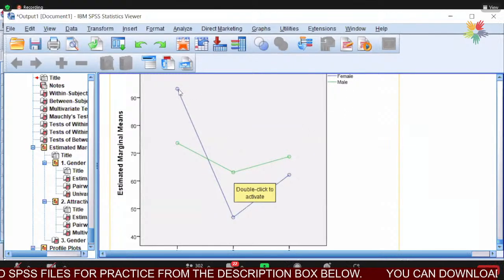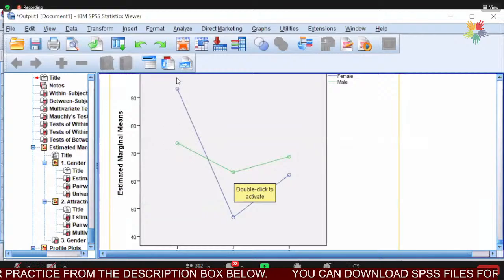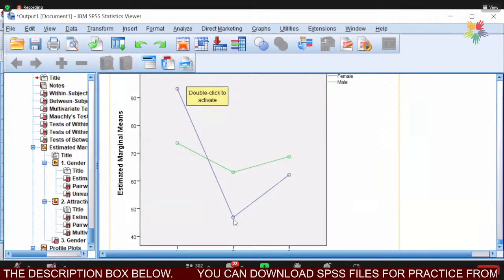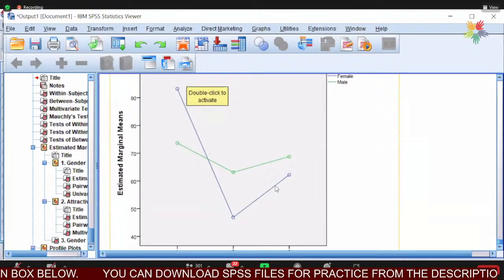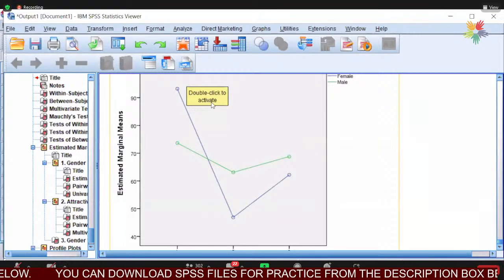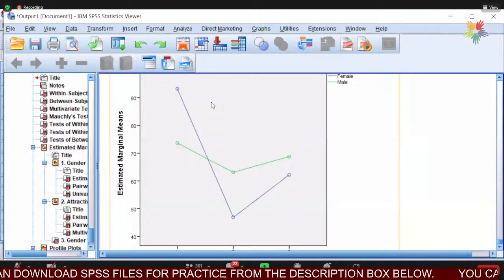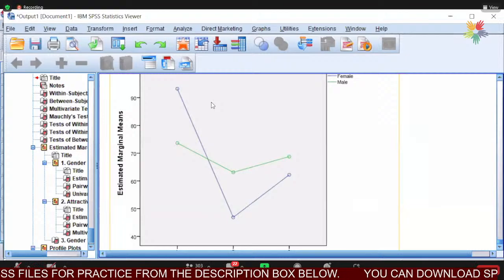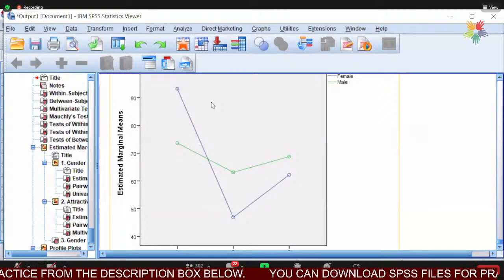But when you look at this one, for this younger car, they have given more, but for this family car, they have given less, so that is why it is cutting. Whenever these lines cut, by looking at this one, we can tell there is an interaction effect. There is an interaction effect, right? Okay, so